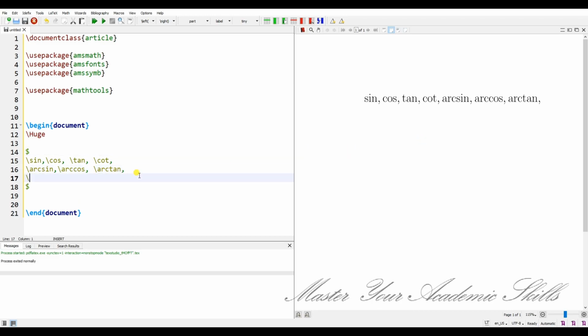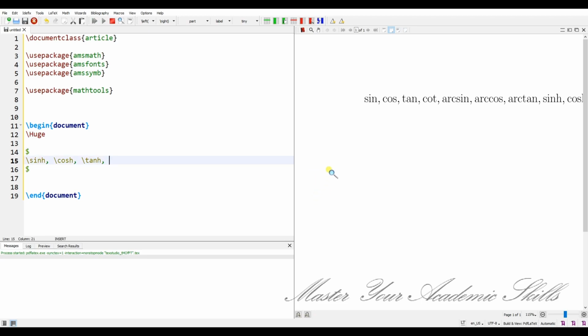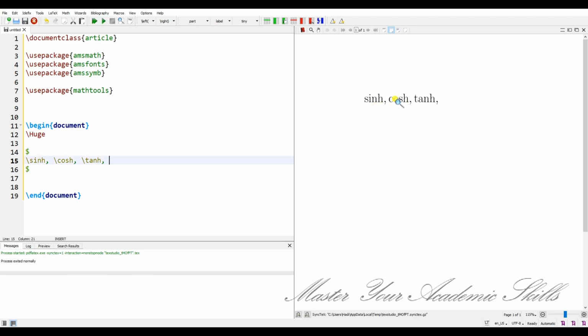Another one is hyperbolic functions. For example, hyperbolic sine. Yes, I have the same. I can change it to cosine of hyperbolic form or tangent of hyperbolic form. Let me compile them. Oh, let me clean these parts. Yes, and I have the sine of hyperbolic and cosine of hyperbolic and tangent of hyperbolic form,